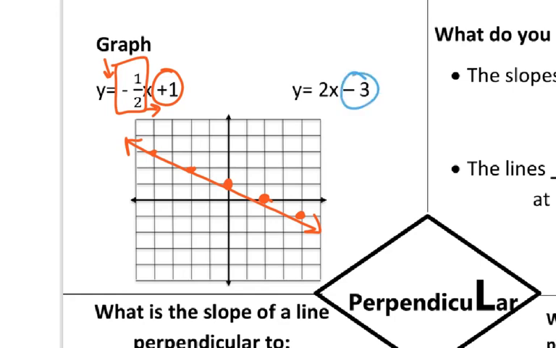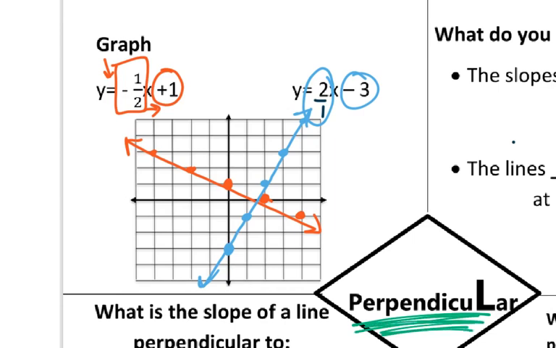Second line, begin at -3. This slope is different. This slope is a positive 2. 2 is the same as 2/1. So I graph this by going up 2 and over 1. Up 2/1, up 2/1. And I graph it. So now what you need to know is that